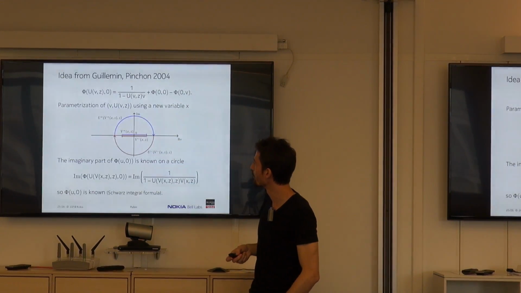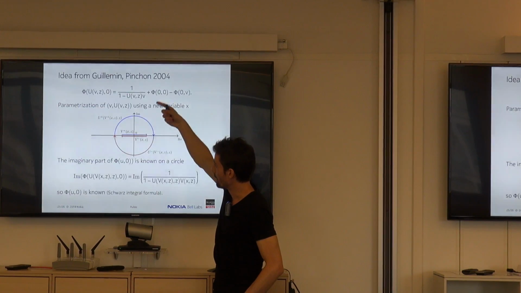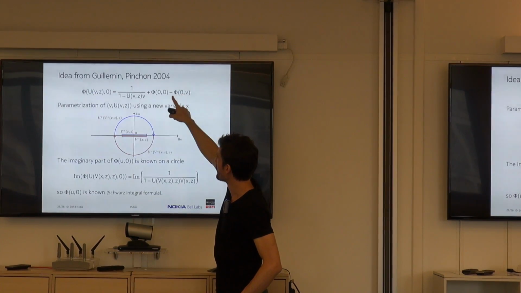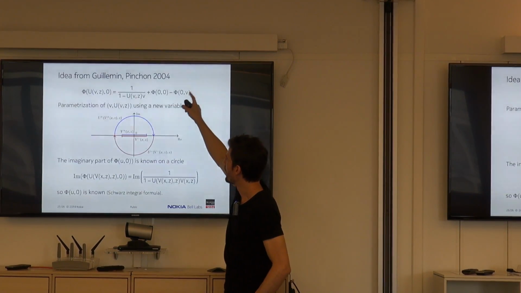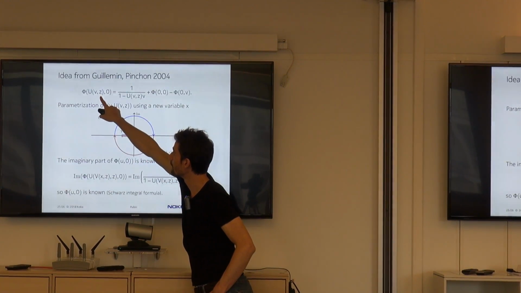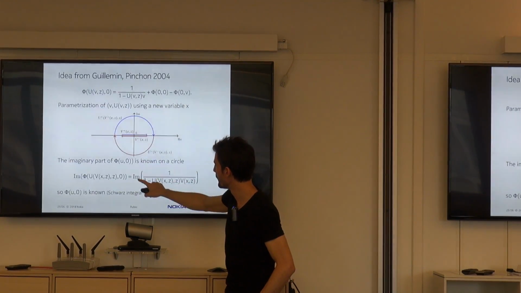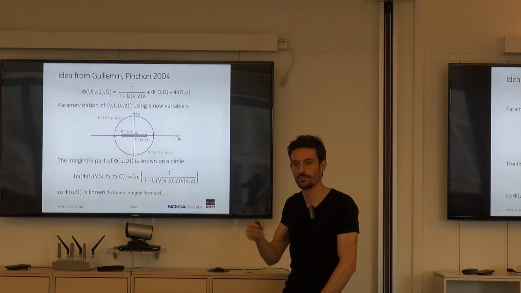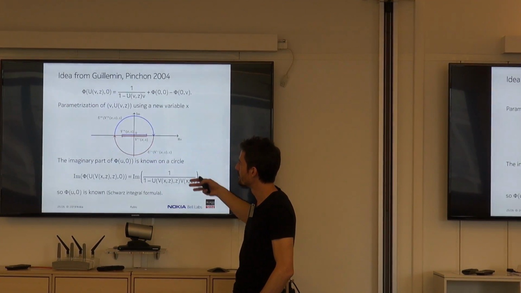And it's going to be very useful because that means that when in this equation I inject this parameterization and I take the imaginary part, because V is real, those guys are going to be real, and they vanish when I take the imaginary part. And what I'm left with is just the imaginary part of this guy here and the imaginary part of this guy here. And here, everyone is known. The function V and the function U are both known. So V plus or V minus, U plus or U minus. And so the conclusion of this trick is that